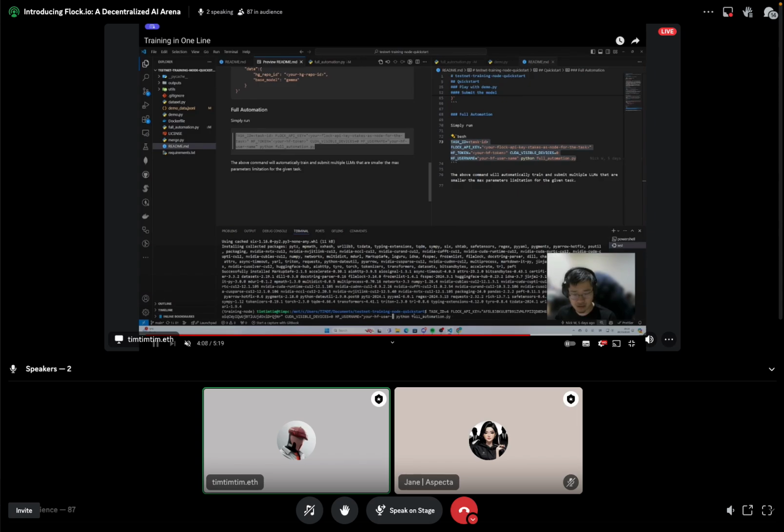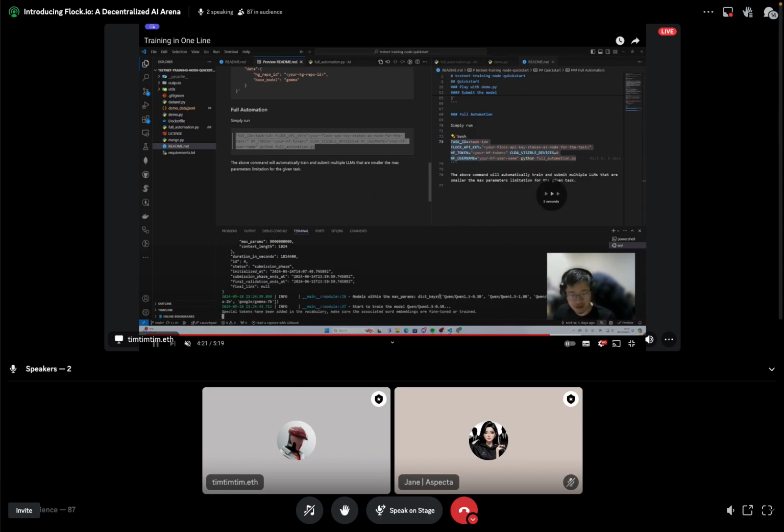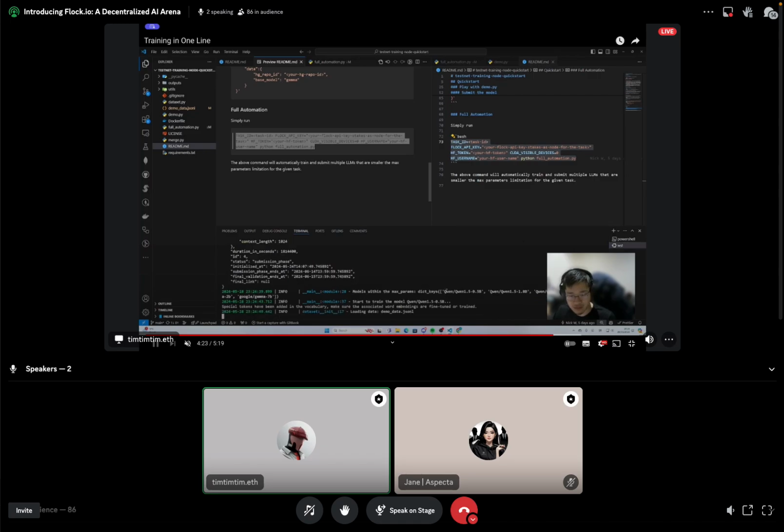You can see here we also have this CUDA visible device setting. If you have multiple graphics cards, you can run multiple tasks on different graphics cards in parallel. Then all you do is simply run this command.